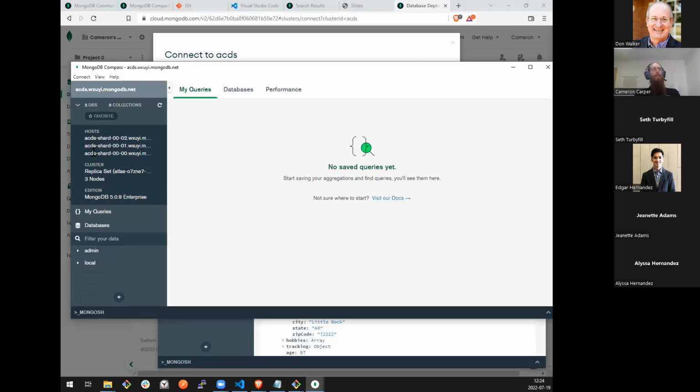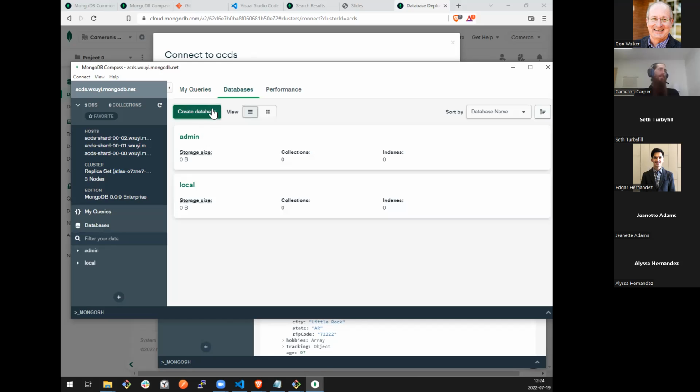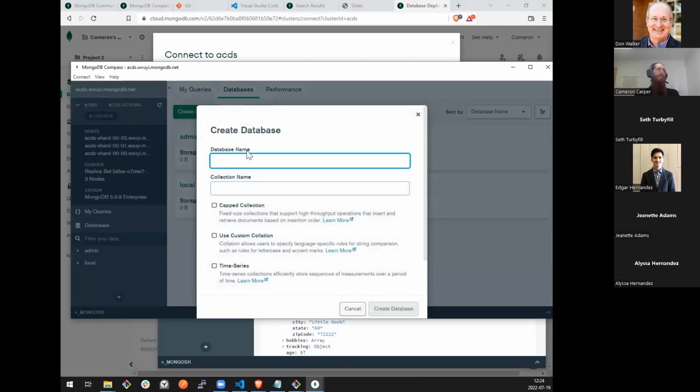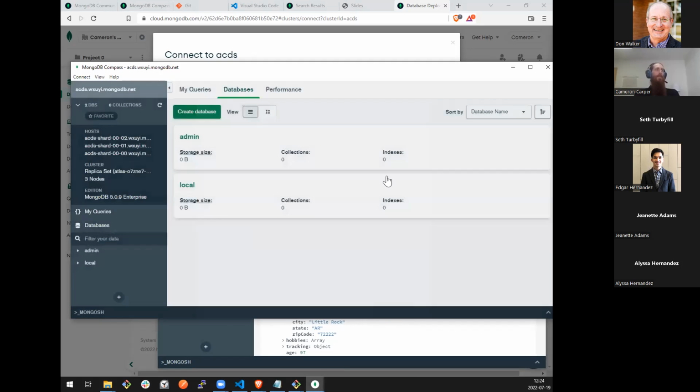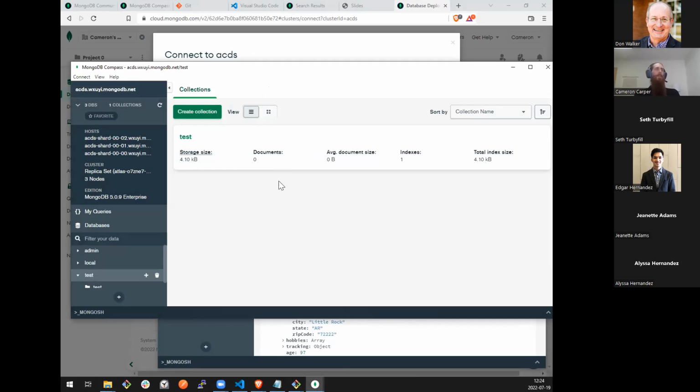And you can see a little bit more information with Atlas than we saw when we ran locally. You can see that I have 3 different servers, 3 different shards. It tells us that they are in a replica set, so they are all replicating back and forth. I have no databases, but I can create one. I'll just create a database named test and a collection named test. And of course, anything that we did locally, we can do here.